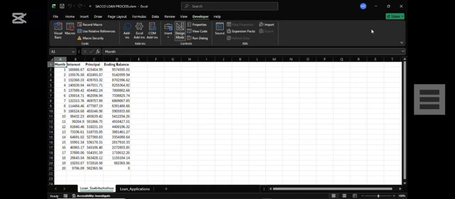Scenario one of how to automate loan amortization in Excel using the feature called VBA, or Visual Basic Editor. So the first thing we did, we brainstormed the different layouts and we did some research on how the different forms look like,